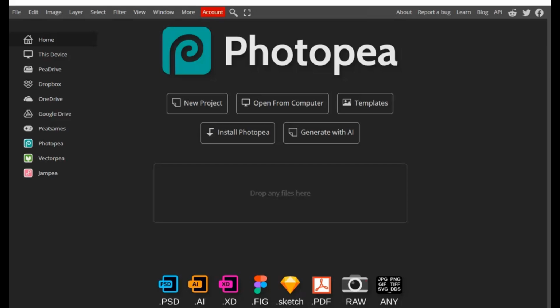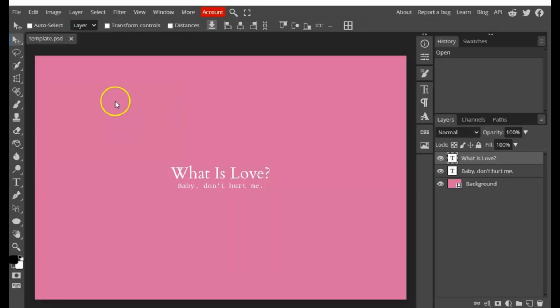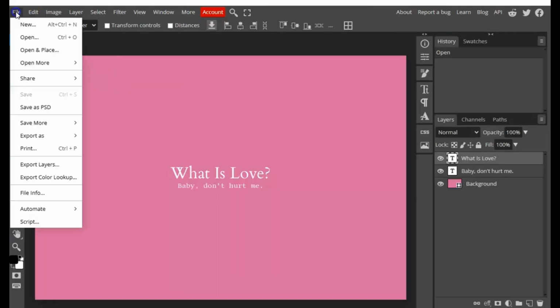Let's add an overlay texture to an image in Photopea. So let's choose a random image like this one. I have a texture file that I have downloaded already. So you go to open and place